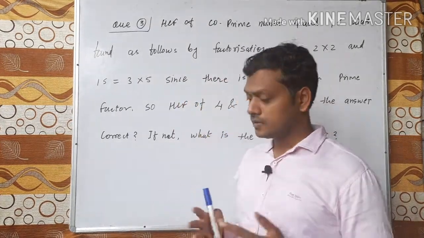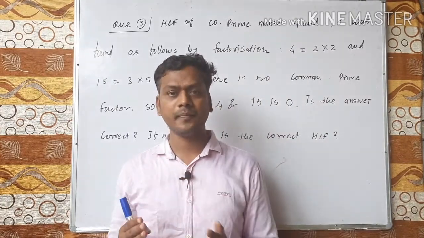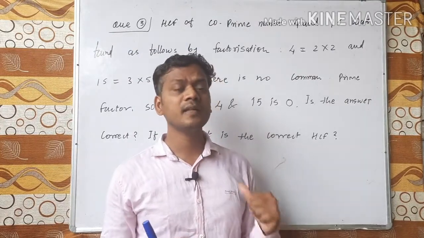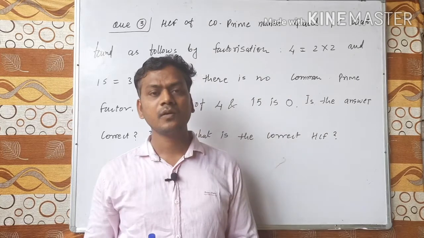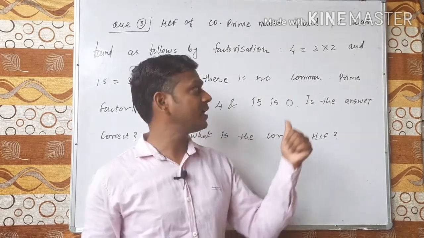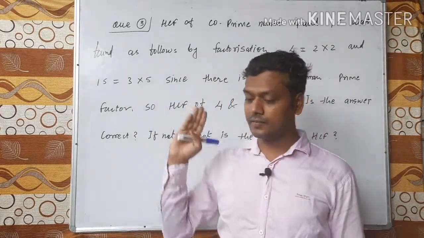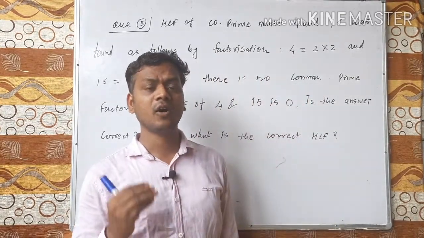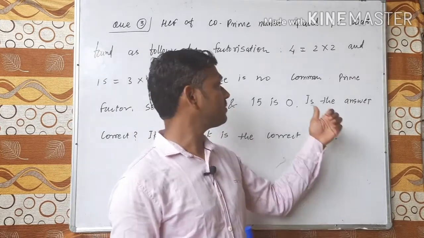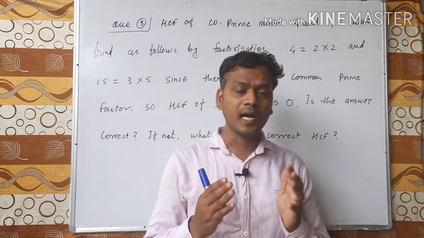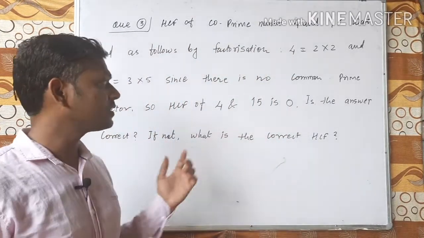ओके, द फैक्टर्स ऑफ 4 इज इक्वल टू 2 इंटू 2 गिवन है. फैक्टर्स ऑफ 15, 3 into 5 गिवन है. एकॉर्डिंग टू HCF टू फाइंड फैक्टर्स, हमको यहाँ से हम फैक्टर्स कैलकुलेट कर लिए 2 into 2, 15 का 3 into 5. बट इनमें कॉमन क्या चीज़ है, कॉमन डिजिट क्या है? नॉट. बट क्वेश्चन में क्या गिवन है, 0. तो क्या 0 उन दोनों में कॉमन है या 0 इज द HCF ऑफ गिवन क्वेश्चन?